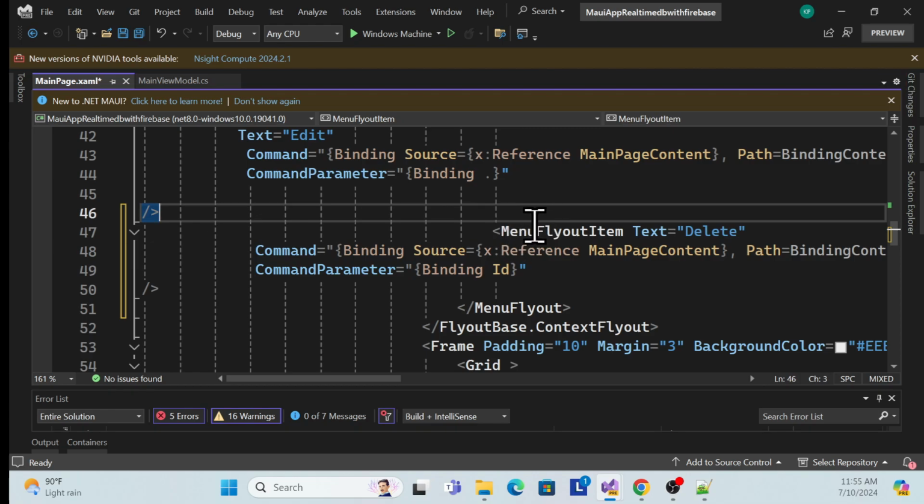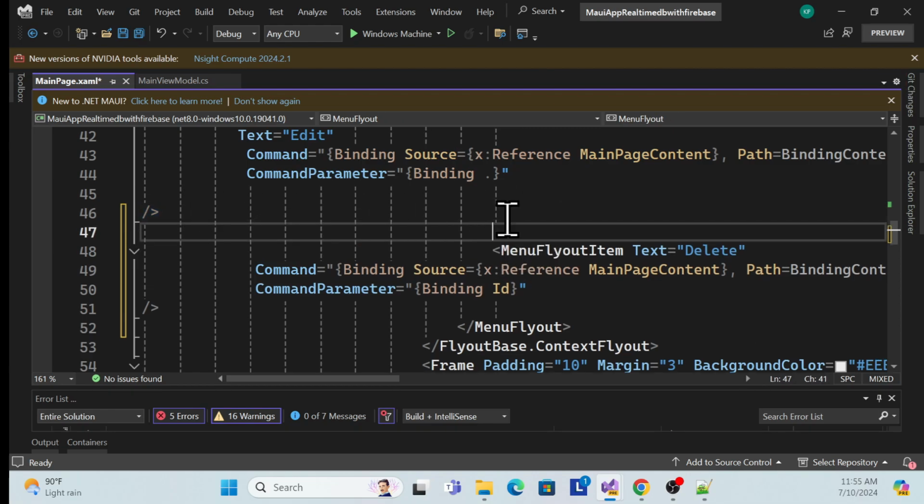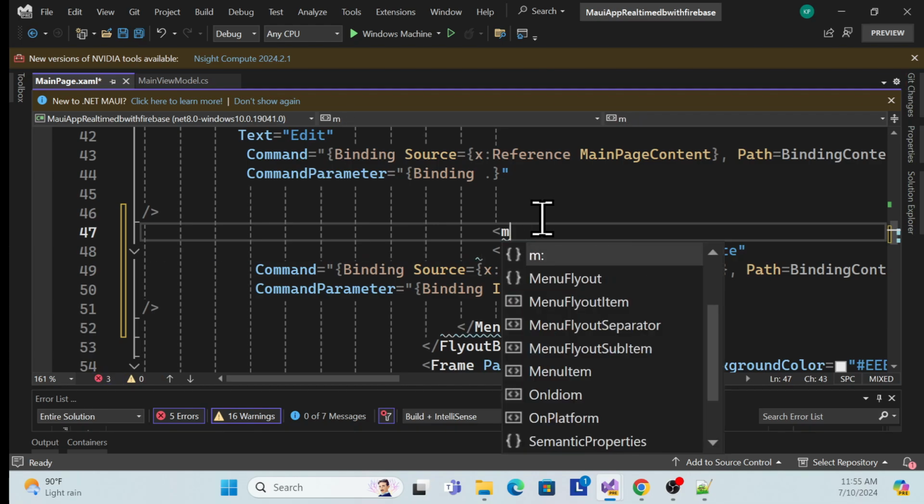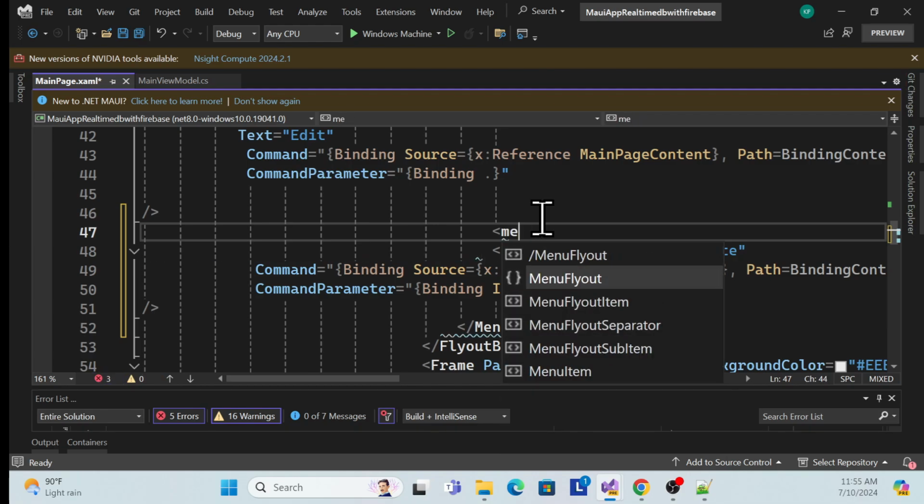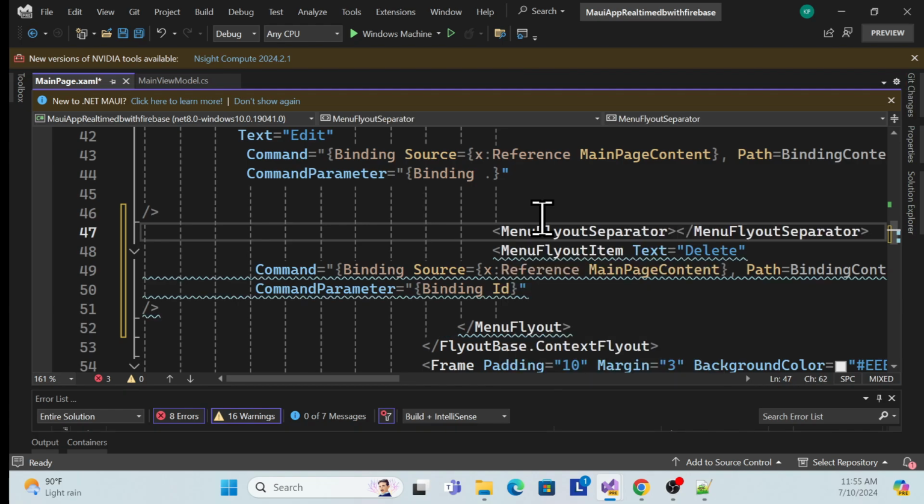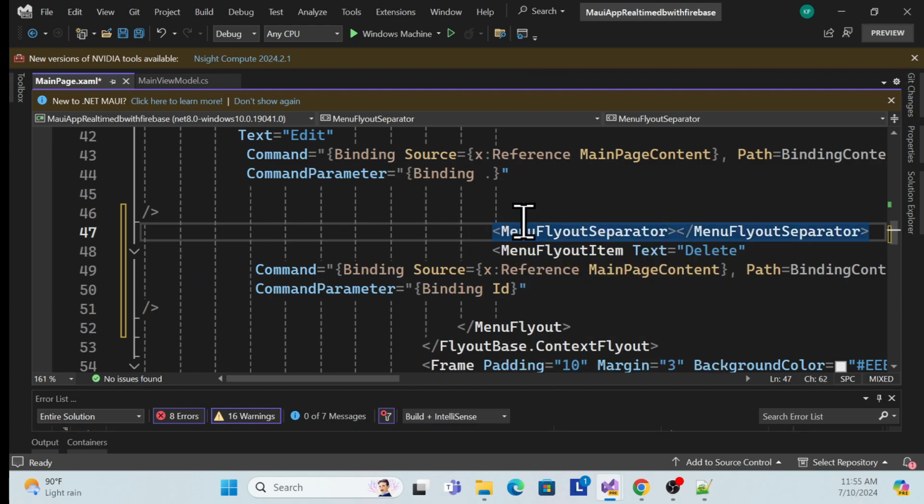And also one more thing we can do over here, this flyout context. There is a separator as well. If you have multiple options for that context, you can just use the menu flyout separator, so that it will separate these two menus, right? So save it